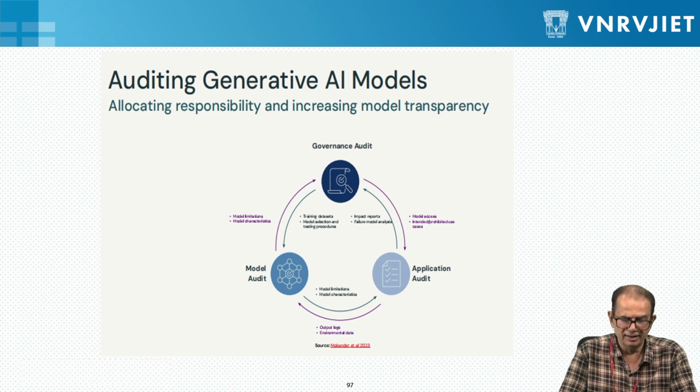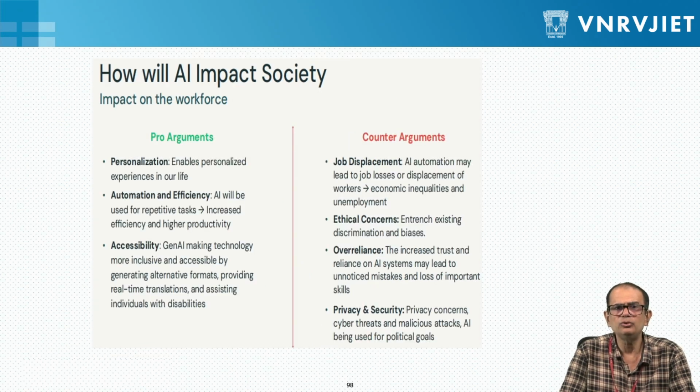Also, we got to audit this generative AI report. In this, we are basically showing you how to audit that. We have to have a model audit, whether the model is working properly or not working properly, all that we have to do. And then finally we have to do a governance audit. So all this is what we need to do.